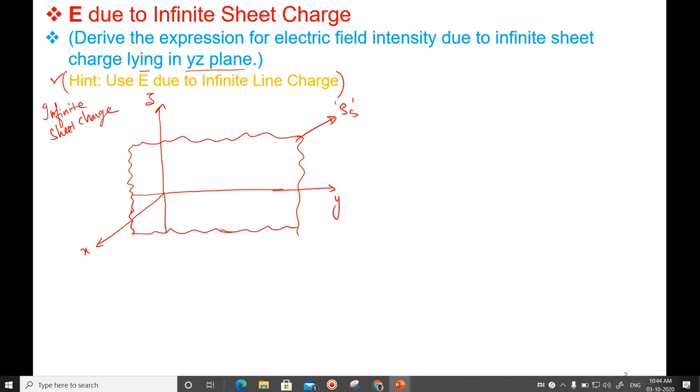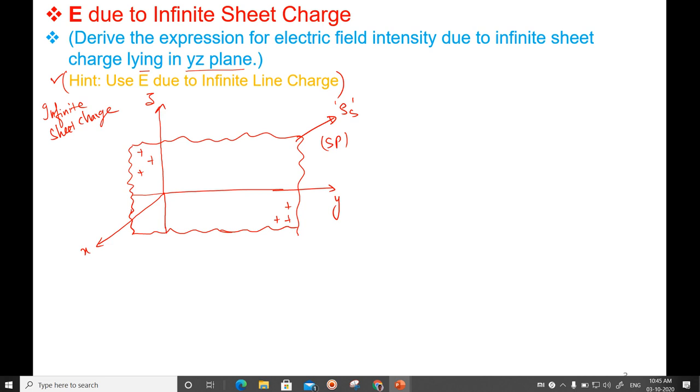Let me assume that this is positively charged everywhere, right? I will draw just one or two charges here, but the entire thing is positively charged only. And we will take this as the source point which is generating the field. If it is sheet charge, the field is in front of you. It is coming towards us and going away from us, into the screen. If you are sitting in front of the computer, the field lines are coming to me in front, and in the backside it is going away from the computer. There are no field lines in left, right, top, bottom. They are in front and back, that's all. That is the nature of the field.